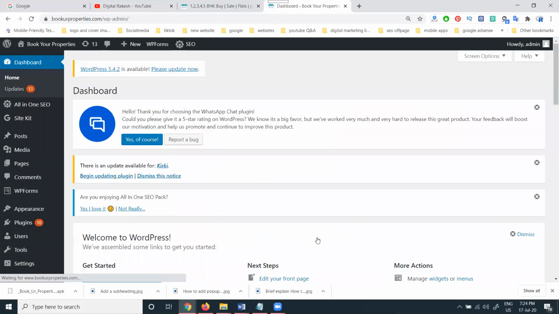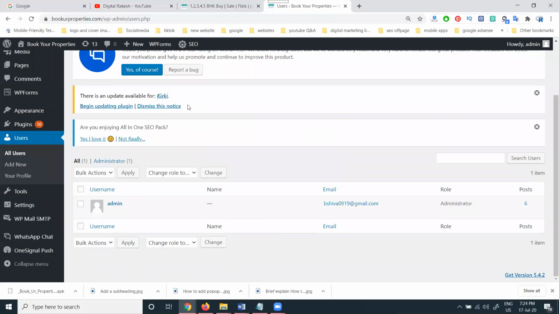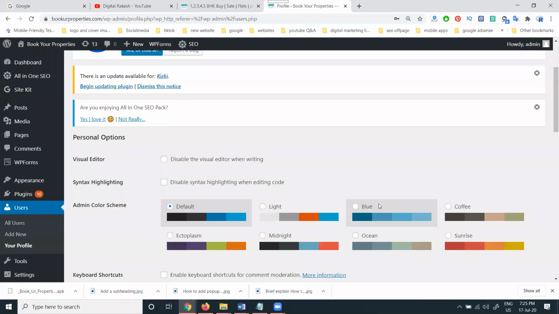After logging in, how can we change your WordPress password? For this purpose, we have to use the option Users, and we can create a number of options. We can change the password here. Just click the edit option. We can change the password here. So now I'll show you here.